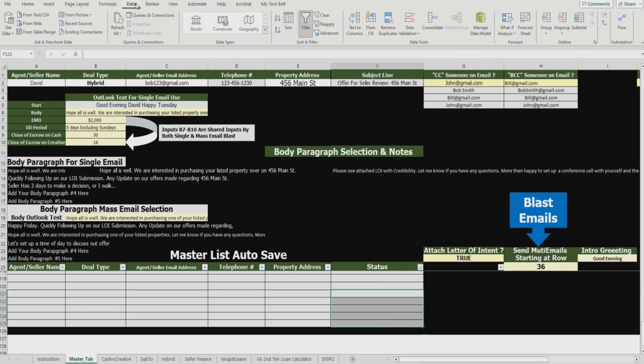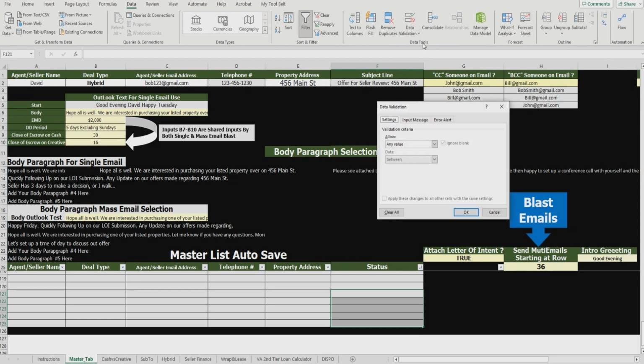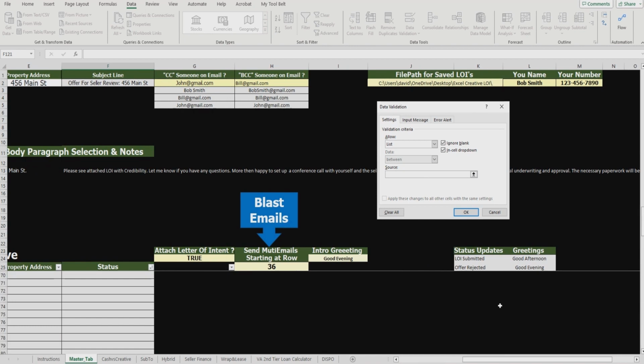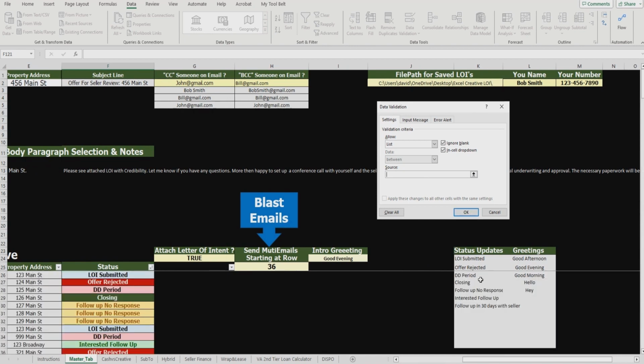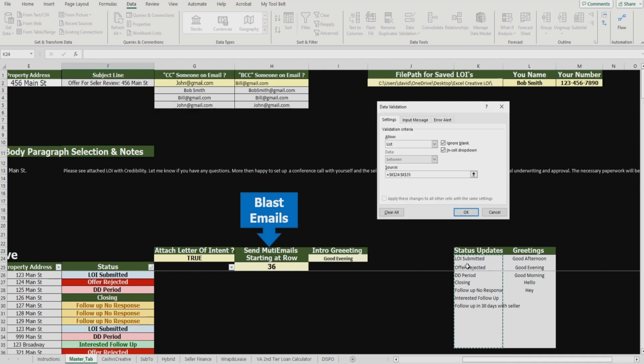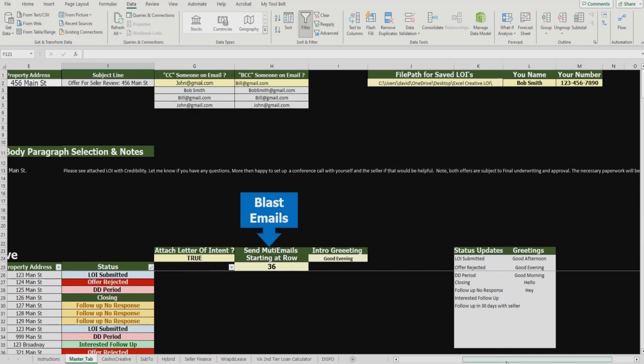I'm going to click data. I'm going to click data validation. I'm going to click list. And I'm going to click source. And I'm going to come over here to my source. And I'm going to select all of this as my source. When I click OK,